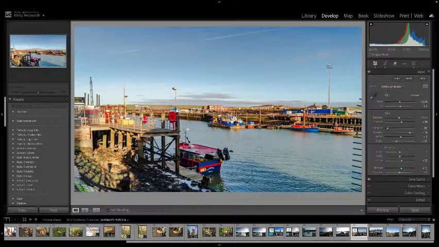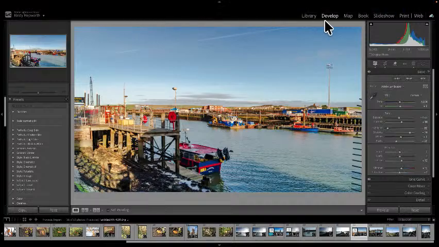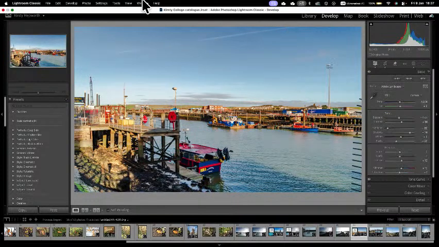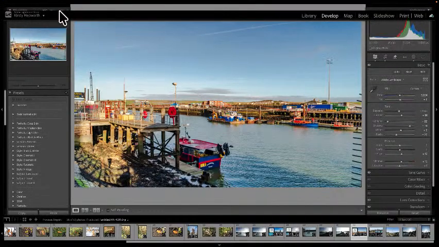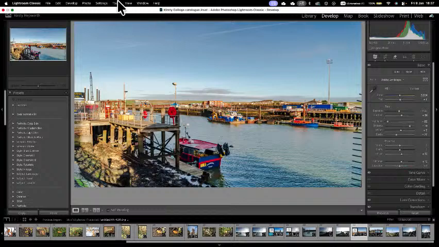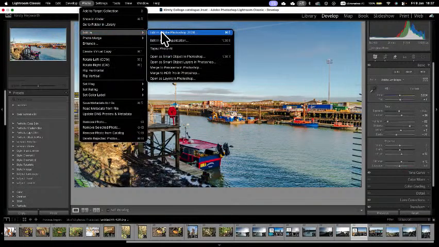So what we're going to do, if you're going from Lightroom Classic, you're going to need to go up to the, oh, I'm in the wrong bit. Go up here, so if you are in the Develop module, it's fine. Most of us have this down anyway, so we can see what we're doing. And you can change your identity in there, which I probably will do at some point. Then what we're going to do is go to Photo, Edit in Adobe Photoshop